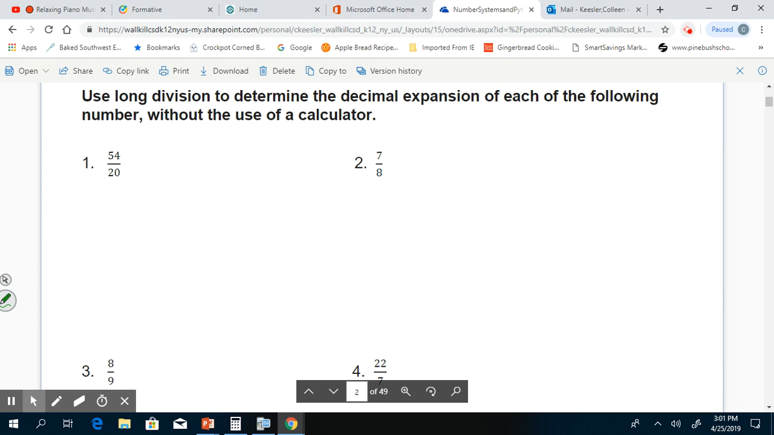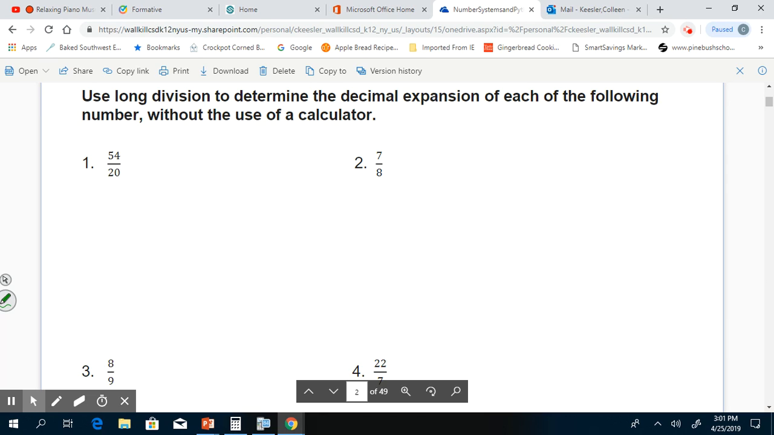So today we're going back to working with fractions and turning them into decimals. Now, if you recall, a fraction is really a long division problem. So we're going to use long division to determine the decimal expansion of each of the following numbers without the use of a calculator. So going back to some long division, and I know that's tricky, but I promise you can do it. So I'm going to help you guys work through these four to remind you of how to do that long